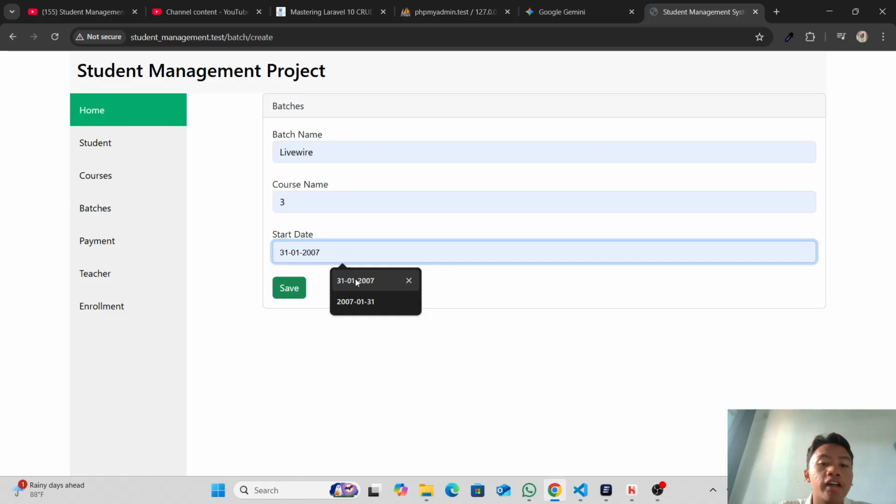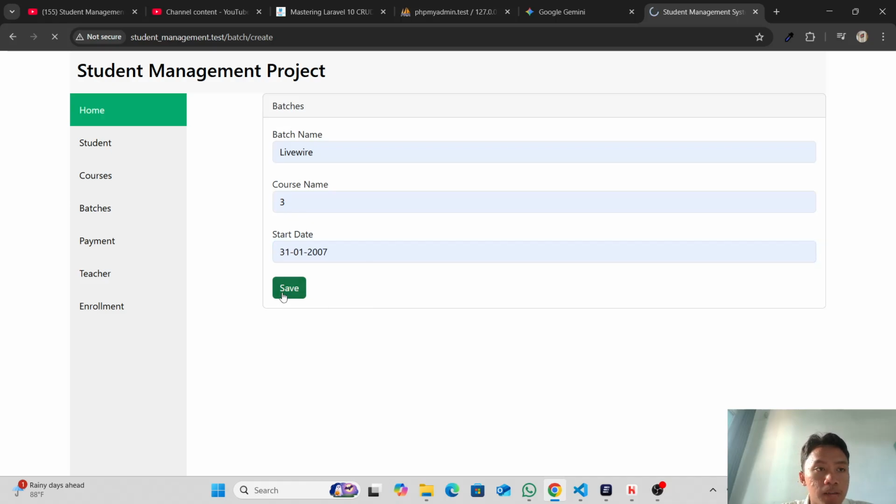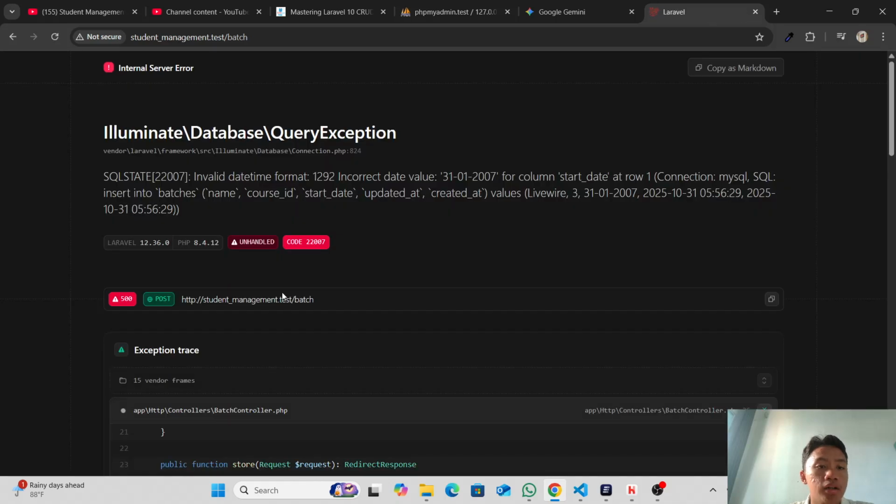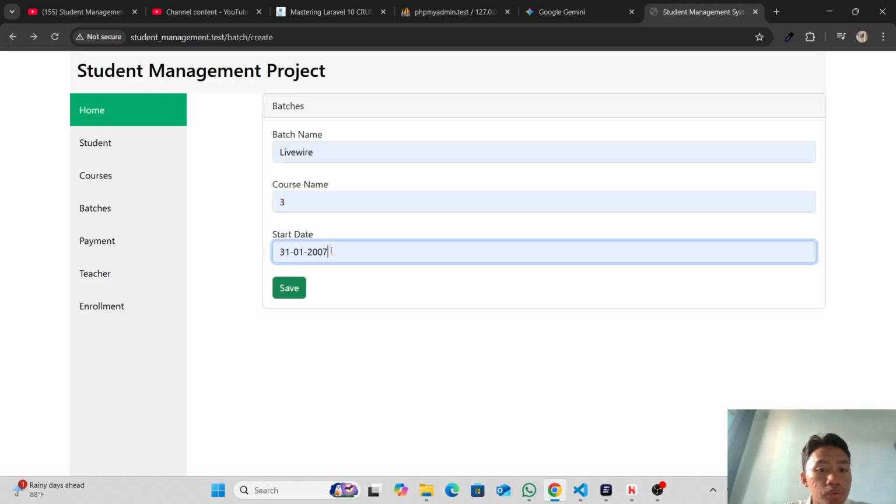There is an error if you put the date format the other way, so I have to put the right format like this. Okay, save.